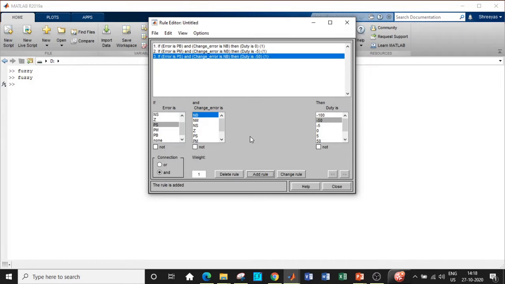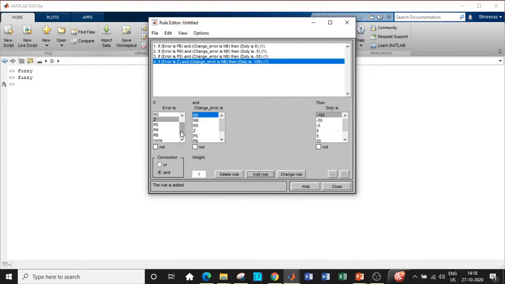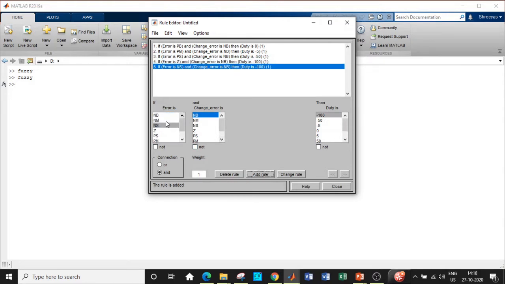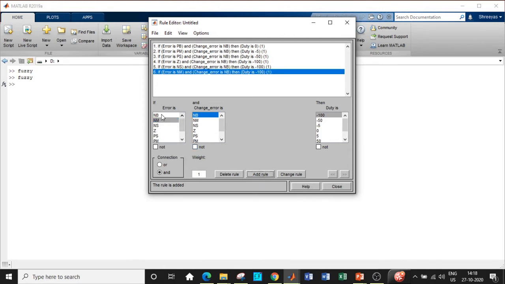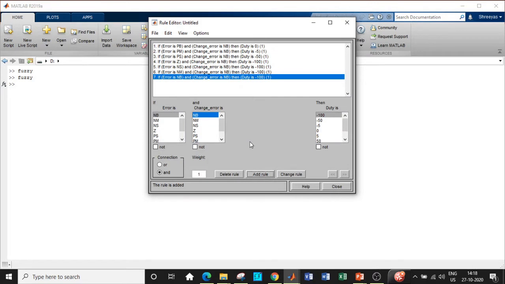So once PS is also added, our next block is 0. So click on 0 and this value should be equal to -100. So add rule. So once this is done, next block is NS and the change should be -100 itself, so add rule. The next block is NM, the change should be -100, add rule. The next block is NB, the change should be -100, so add rule. So once this is done,